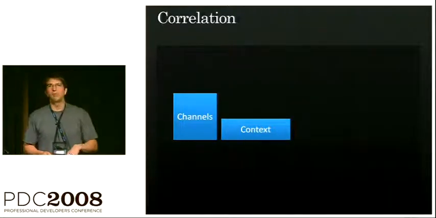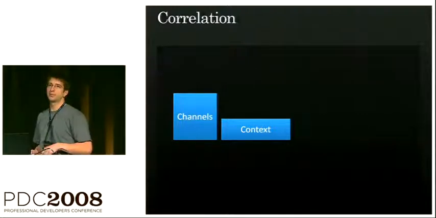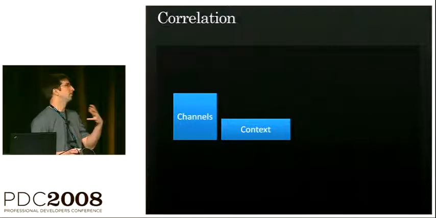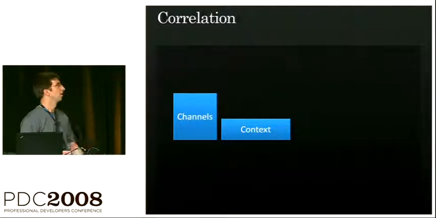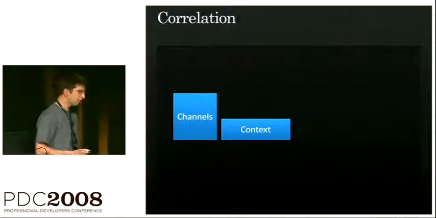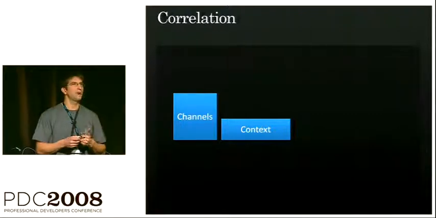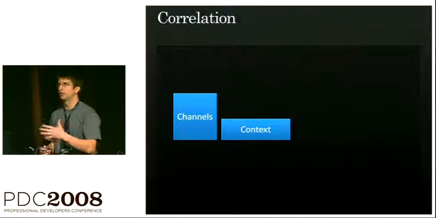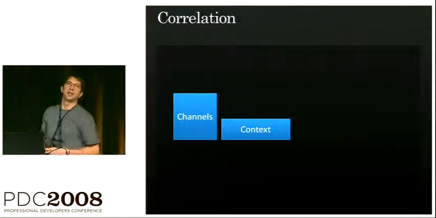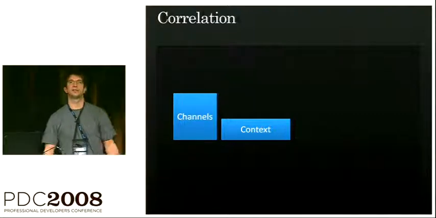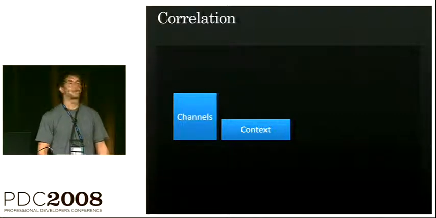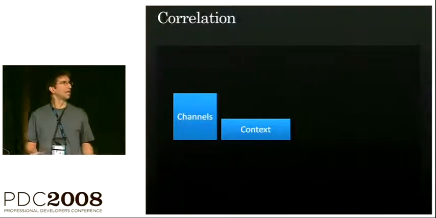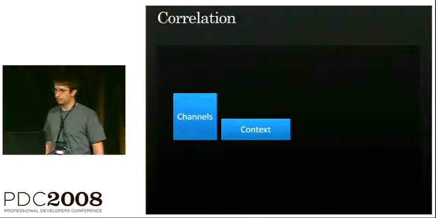So in 3.5, we introduced the context exchange protocol, which improved our situation a bit, right? This was a cookie-based protocol, except it worked over SOAP as well. It piggybacked on the app protocol, so we used this initial request response from the client to the server. The server would stamp some GUID in a header, send that back to the client on the first request response. The client would then attach that GUID on all subsequent requests. The server would use it to look up the state that it was supposed to operate on.